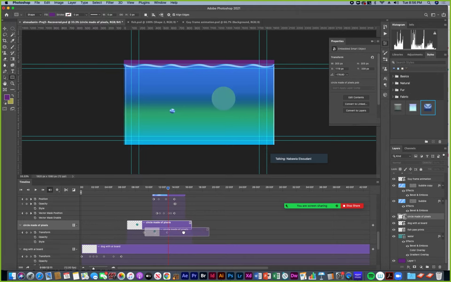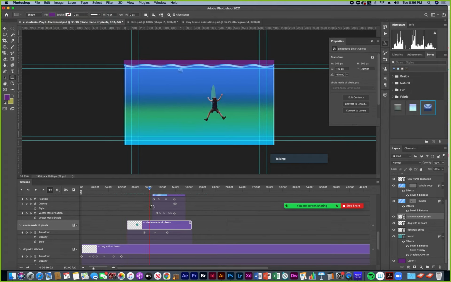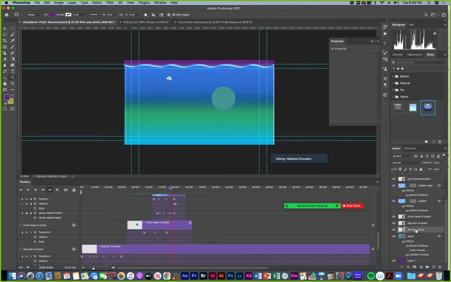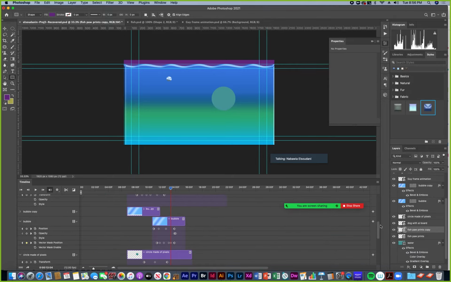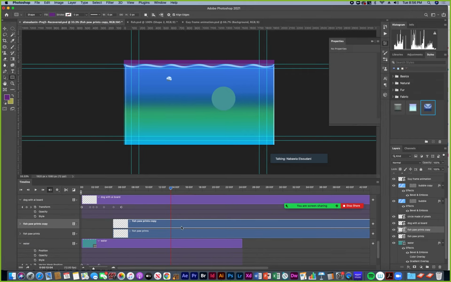So I turned that on. So that's kind of interesting. I can have the fish and paw prints and duplicate that layer, and then that one can come in again later on to keep things interesting, sliding it over.